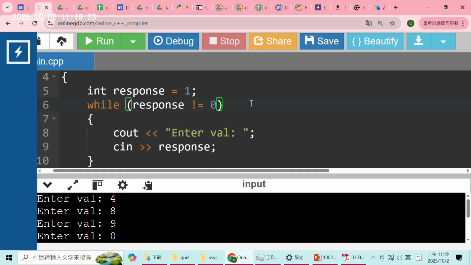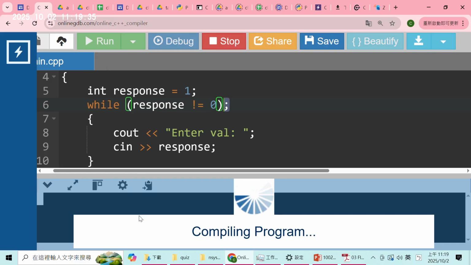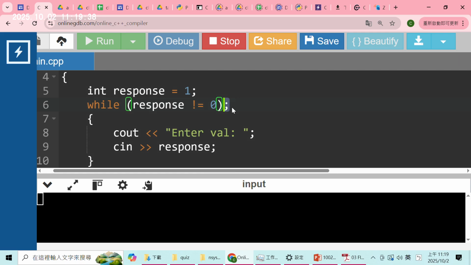However, if you add a semicolon after the parenthesis, actually the syntax is legal. It is legal to add a semicolon right after the parenthesis. So your program can be compiled, and now we run the program. However, you see nothing in the console,